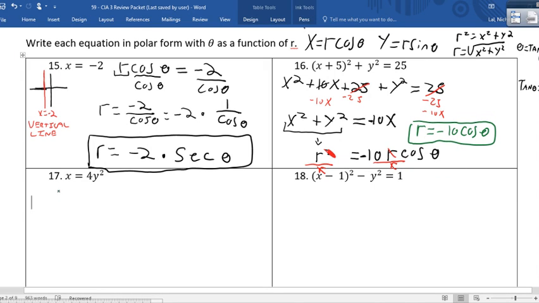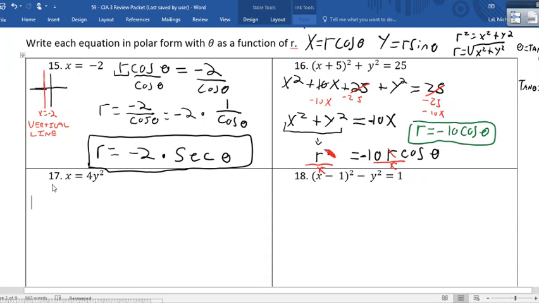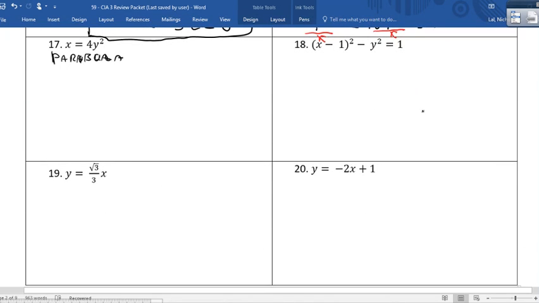All right. So 17, x is equal to 4y squared. And so this is a parabola. So let's see how a parabola looks in polar. If you can in general find the patterns for converting a parabola from rectangular to polar, this will help you with other parabolas. So what we do here is that x is going to be equal to r